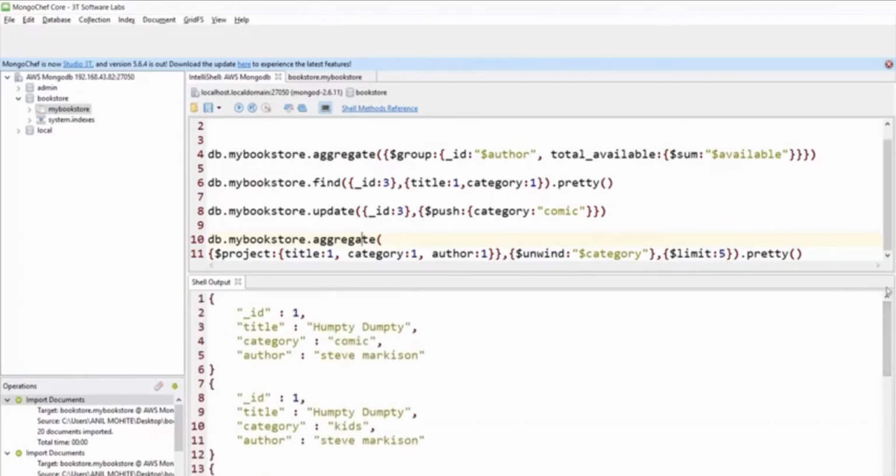Now this would be useful for you whenever you want to break up the array and do something into it. Like for example, if this was my orders collection and my orders was an array of sub-documents, and now if you want to search something onto the array, then what you would do is unwind that array and then create separate elements for every order, which will have the same ID, same customer name, but different order, and then you can play along with it. This is mostly used whenever, let's say, you want to do a pagination on orders. But what is order? An array of subdocument. So this is something like you have to do.